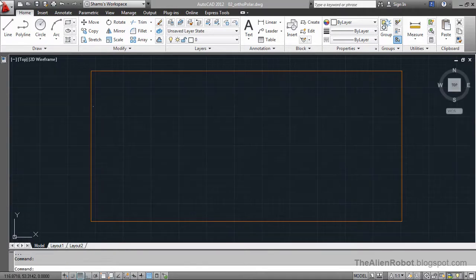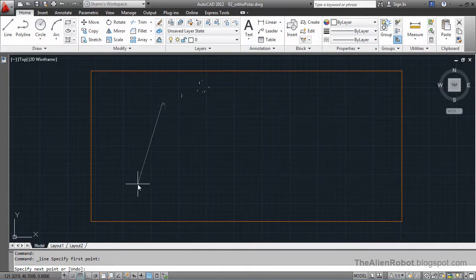And let's go and launch the line command and I want to create a 5 by 5 square. I'm going to pick a point and see, I can actually create a very accurate square here, and I need some help here. That help is right here, one of these modes, which is the ortho mode, and there is a shortcut for that, F8,